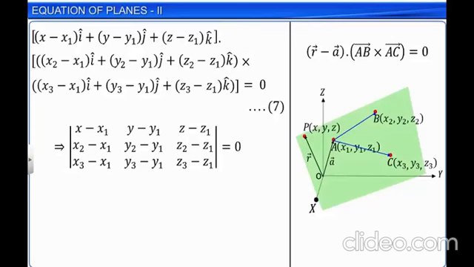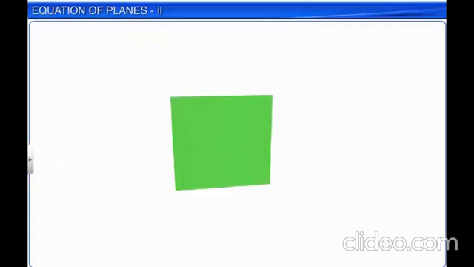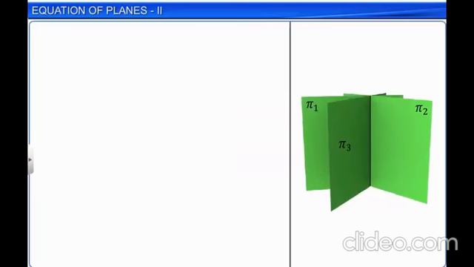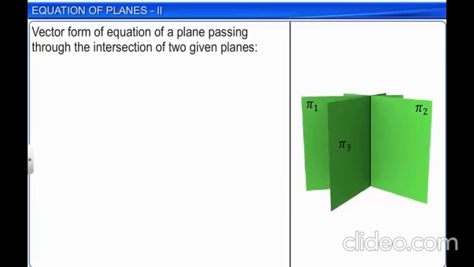Consider 2 planes pi1 and pi2 intersecting at a line, as shown. Now, consider another plane, pi3, passing through the line of intersection of planes pi1 and pi2. We will first derive the vector form of the equation of plane pi3 passing through the intersection of two given